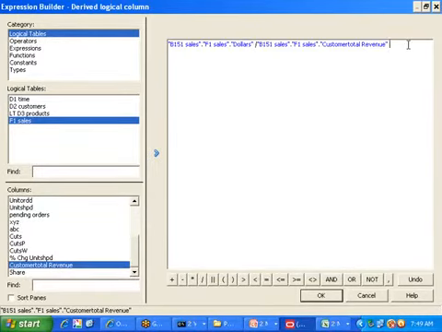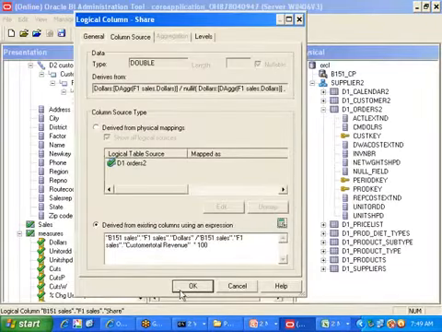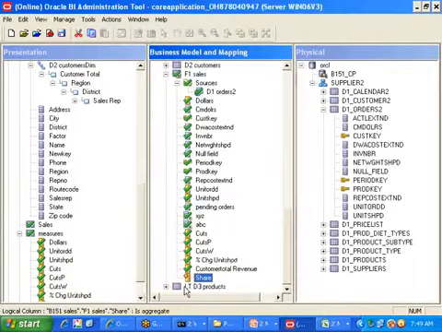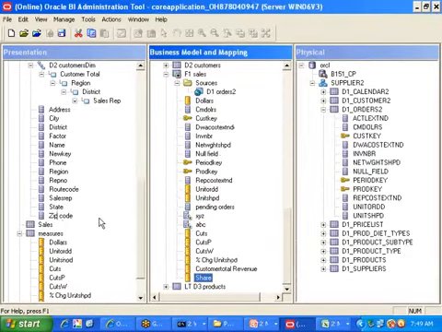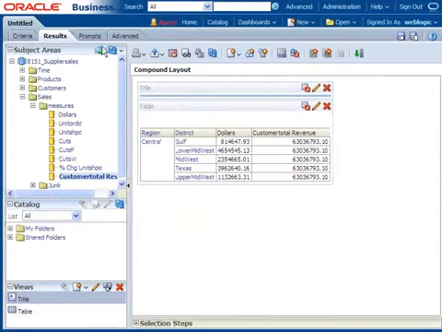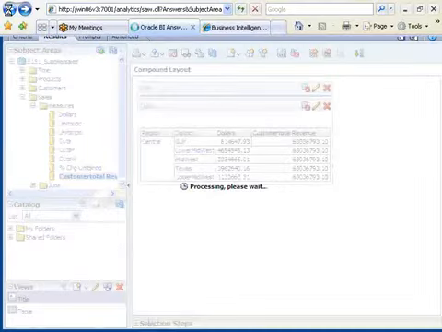Customer Total Revenue, next, into 100. Click on OK. Now once it is done, drag and drop that also into measures. Now checking changes, click Save, click OK. Now go for front end, then reload server metadata, go back.